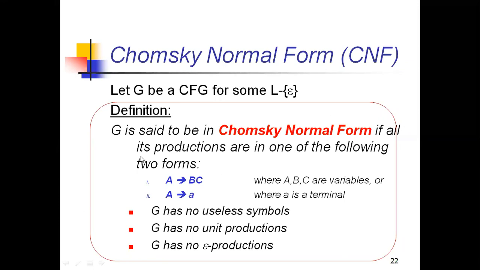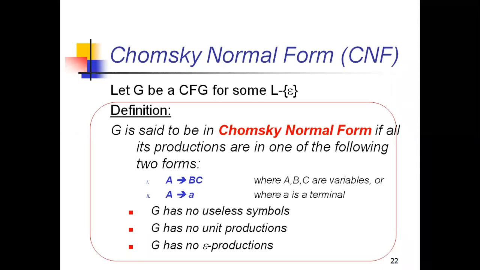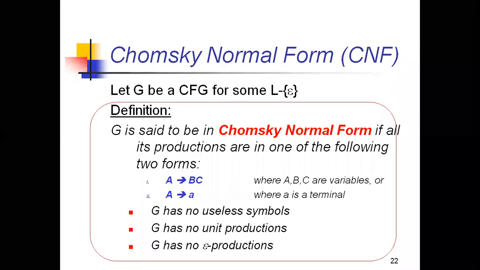Now from the definition itself, I get what the syntax of the Chomsky normal form is. And why we are normalizing: we are minimizing the length of the grammars, minimizing the length of the productions, only for improving the efficiency. For improving the efficiency, we are doing the normalizations, and two types of normalizations take place: one is Chomsky normal form, and the second one is Greibach normal form, CNF and GNF.